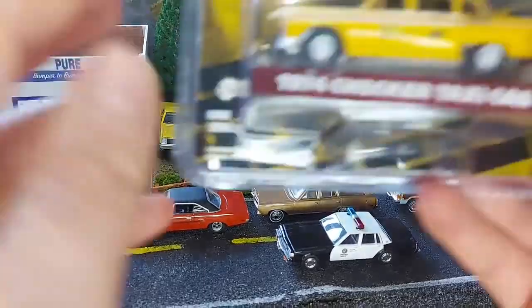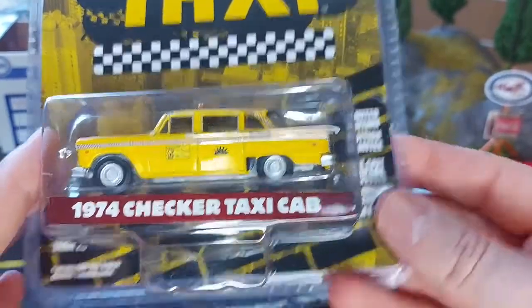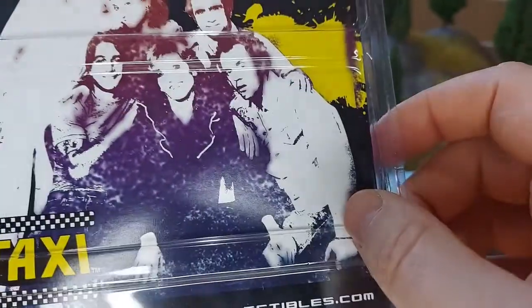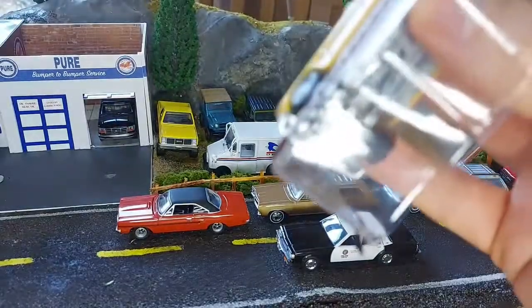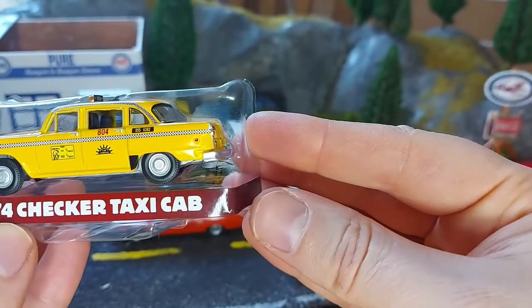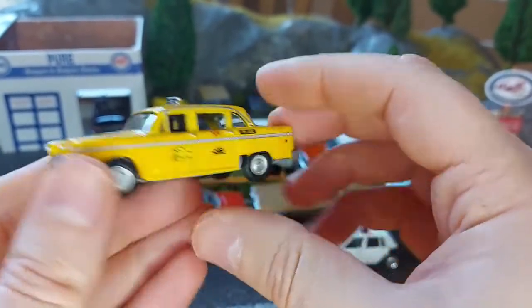And last one from this set, it is from the series Taxi, not the movie Taxi Driver, but from the series with Danny DeVito in it, and this guy who I kind of remember, but I can't remember as well. But we have the old classic Checker cab, 1974 Checker taxi cab. Now, this is my second one because I do have the Taxi Driver movie one as well,